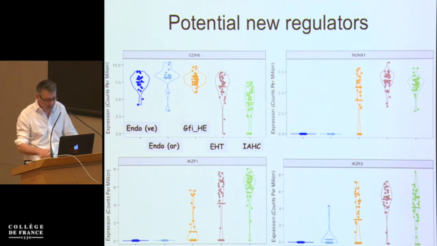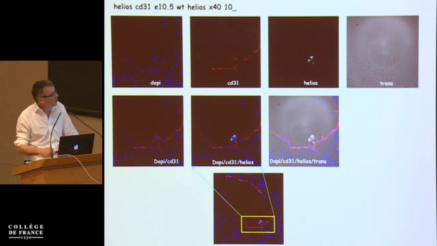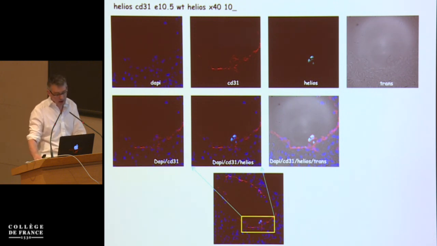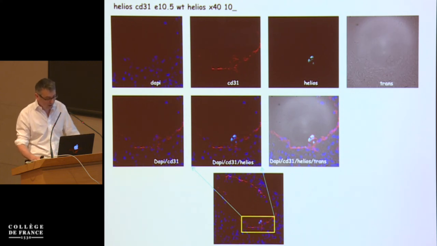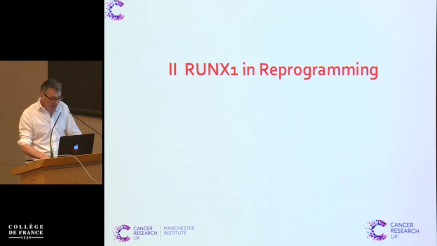We can validate this at the expression level, because here we're staining for Helios, and we can see that Helios is really nicely expressed in this cluster. We're doing more studies to identify new genes and also to functionally characterize these genes using CRISPR technology in embryo. So this is where we stand in our study, trying to understand developmental hematopoiesis. Now, something I should mention also: we're trying to use this single-cell RNA-seq